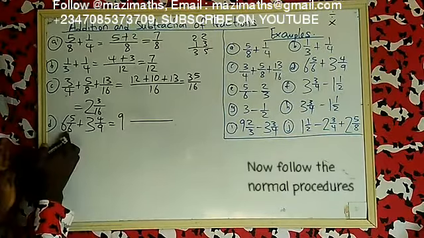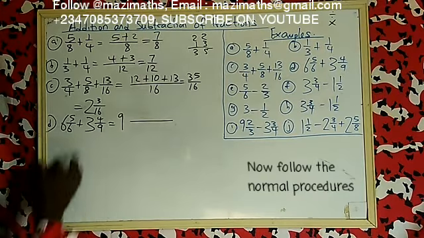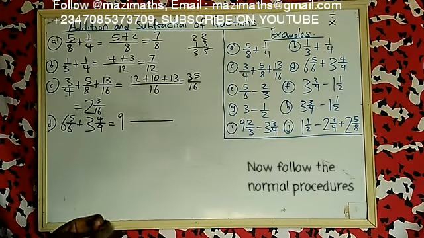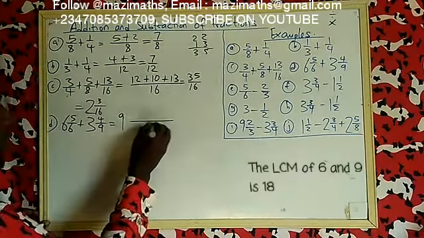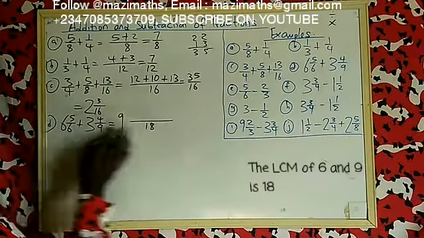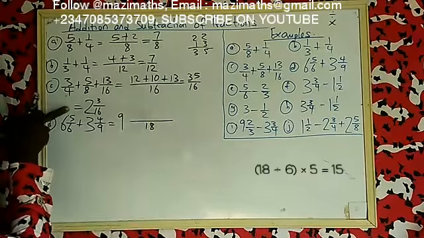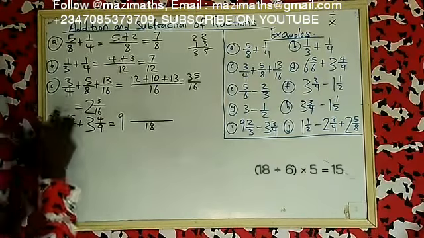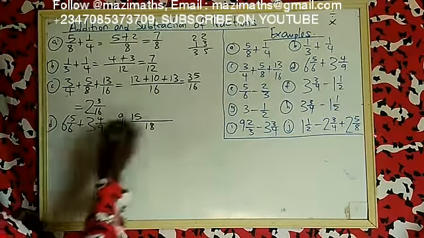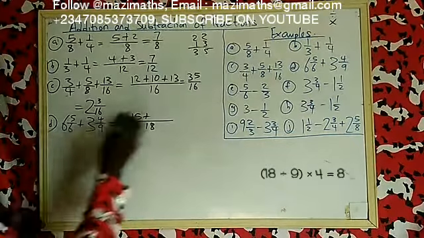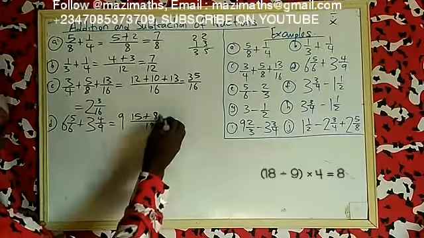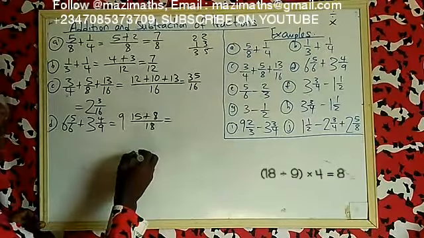What do we do after now? 6 and 9. Now you look for the LCM of 6 and 9. So that we don't spend more time there, the LCM of 6 and 9 is 18. Okay. Now how many 6s are inside 18? Now 3. You use it to multiply the number upstairs. 3 times 5 will give you 15. And then plus, how many 9s are inside 18? Now 2. 2 times 4 will give you 8. Now let's add together. 15 plus 8 will give you